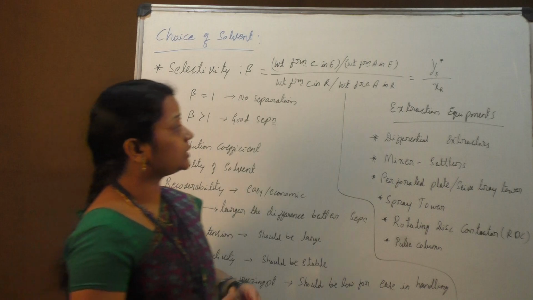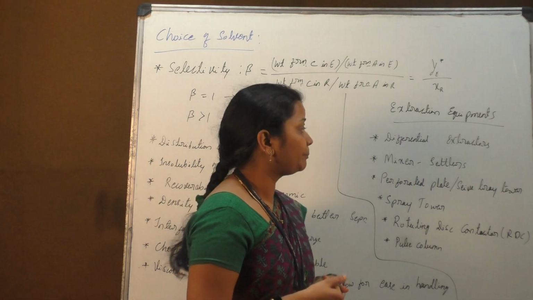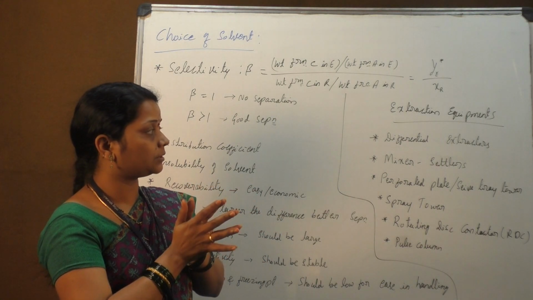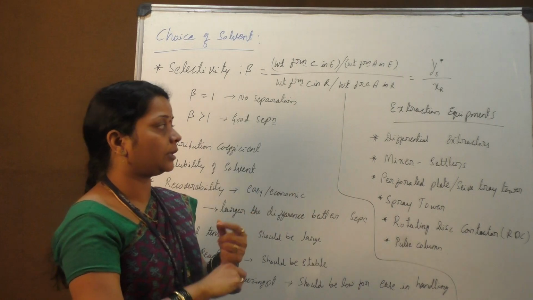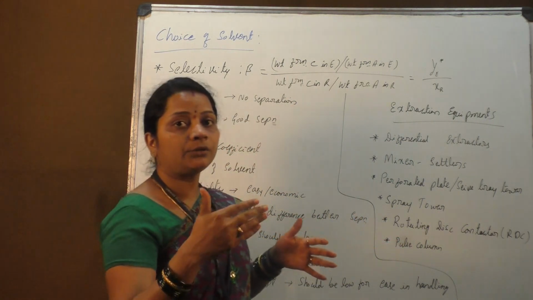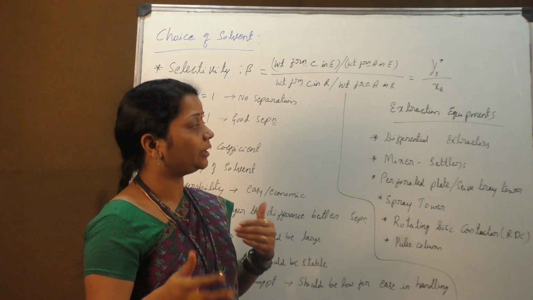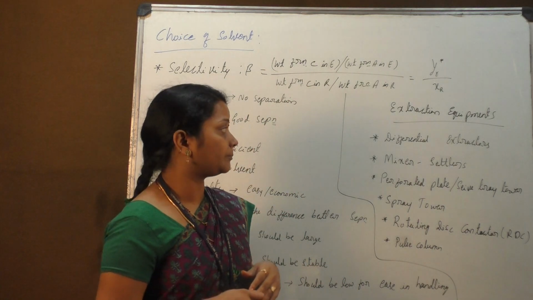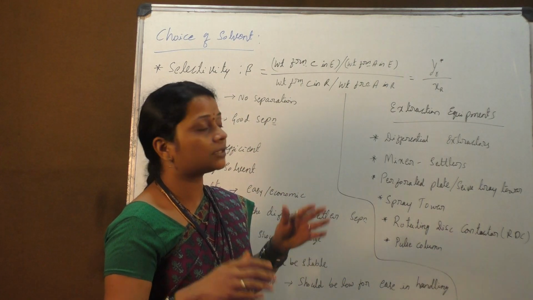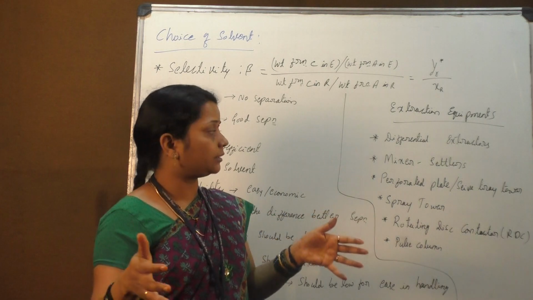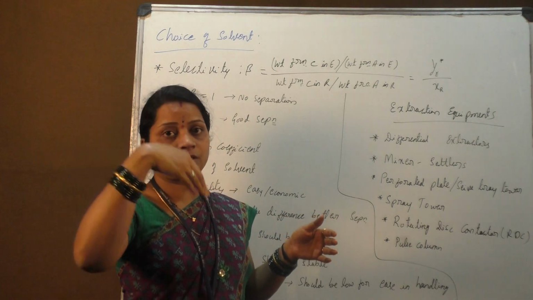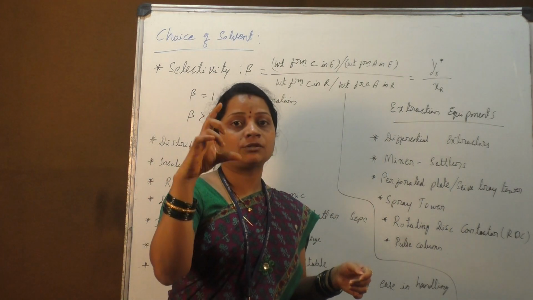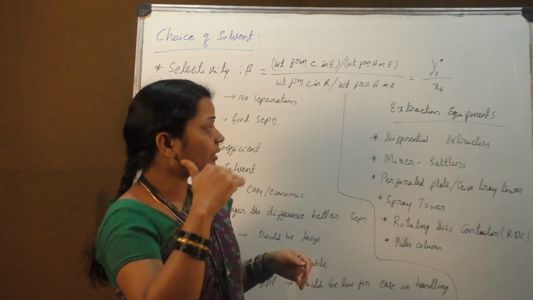Now moving on to the next discussion, which is extraction equipment. When these two systems of liquid extraction, meaning one solution and one solvent, come in contact in a container, how does that contact take place and what are the different equipment that exist in industries? The first and foremost is differential extractors. Differential extractors are just a column type of reactor where you introduce your liquid solution and a solvent, mix them, and because of the density difference you get separate layers.